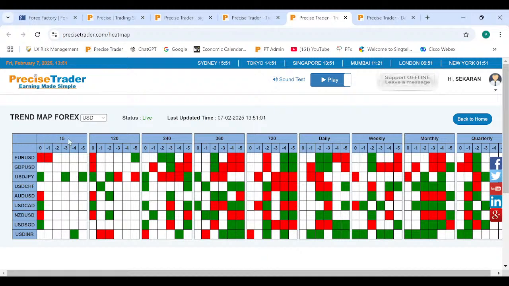That means when you see the 15 on top, this is a 15-minute chart, this is a 2-hour chart, this is 4 hours, 6 hours, 12 hours, daily, weekly, monthly, quarterly. And zero, what you see here, is your current time belt. That means you are in the current time belt. For instance, when you see your 120, zero is highlighted on the euro. So what the system is telling you is, okay, this euro dollar, right now you need to understand the